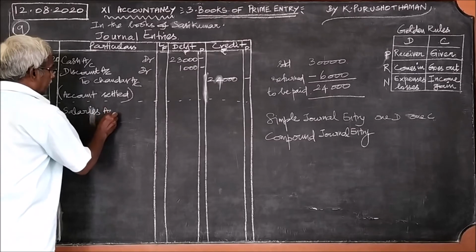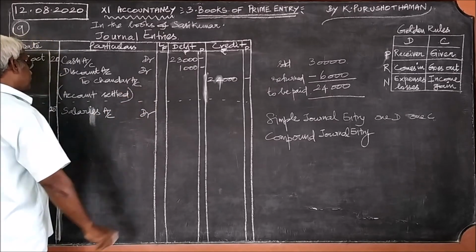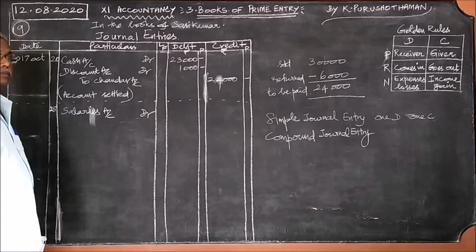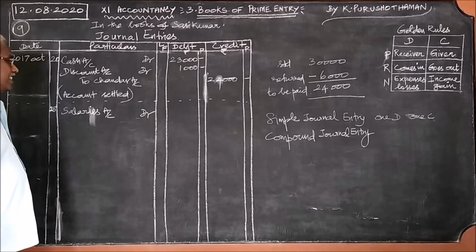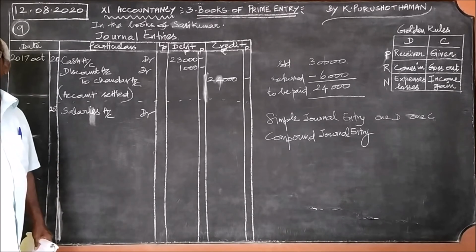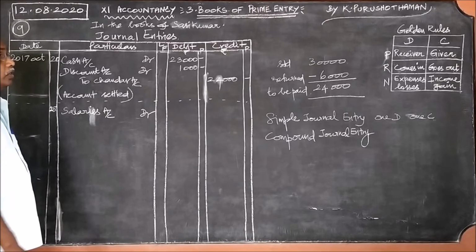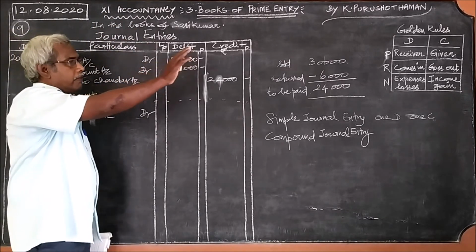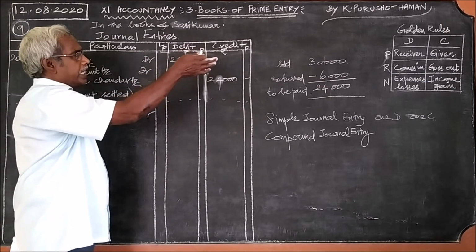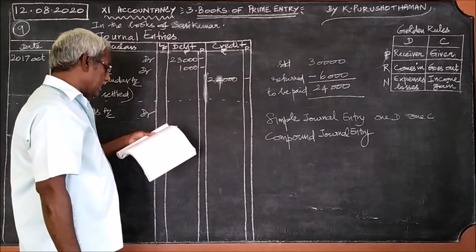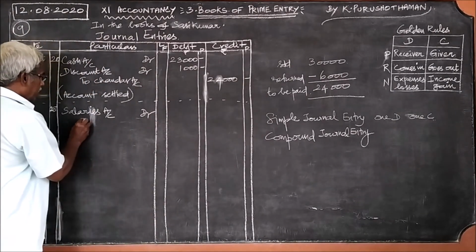Salaries account debtor, because salaries is an expense. Salaries account debtor. Okay, then when salary is paid, what goes out? See the credit rule. First one, no giver. Go to the second one. What goes out? Cash goes out. Because paid salaries, to cash account we should write.